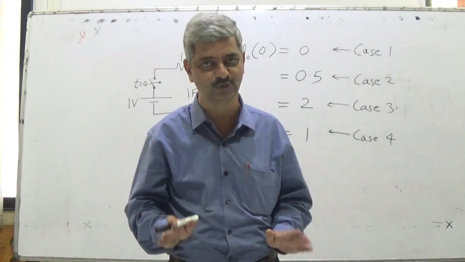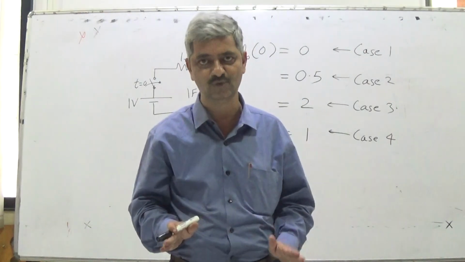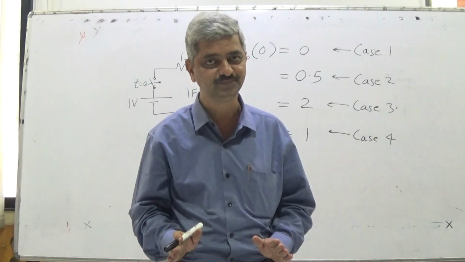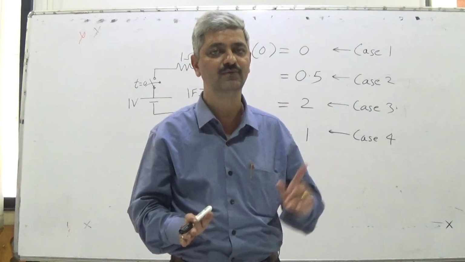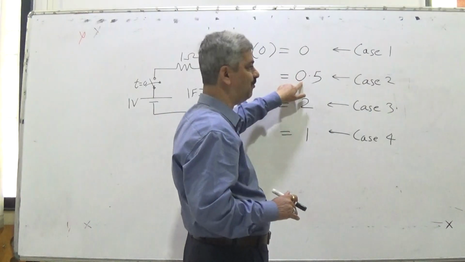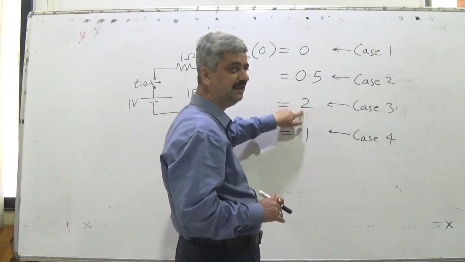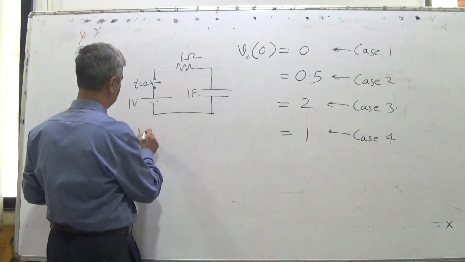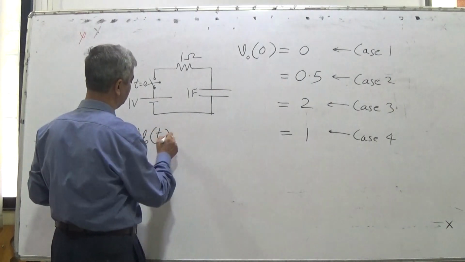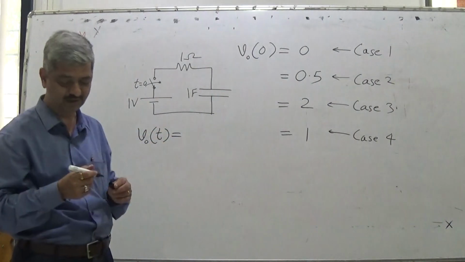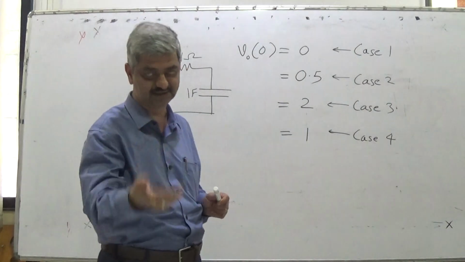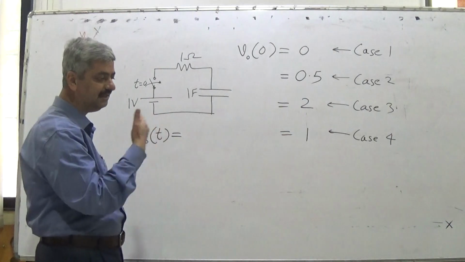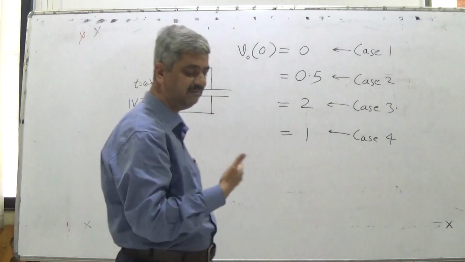At t equal to 0, the solution becomes a plus b. That was 0 in case 1, that is 0.5 in case 2, that is 2 in case 3, that is 1 in case 4. So I give you sufficient hint on which you can work independently on your own, and we will discuss it next time, because now after this I have to give you various different things giving rise to your thinking.